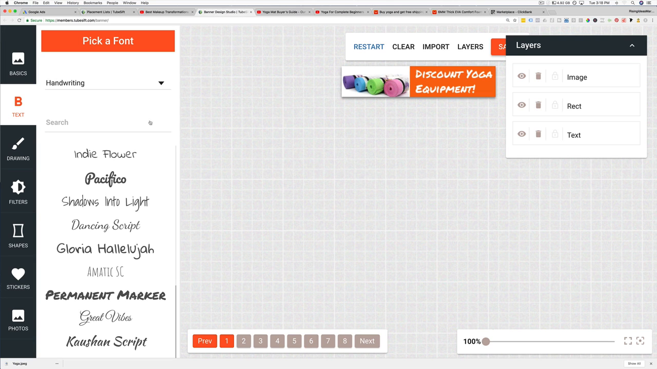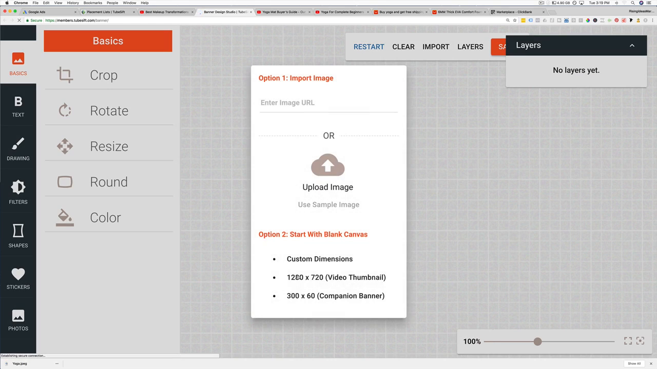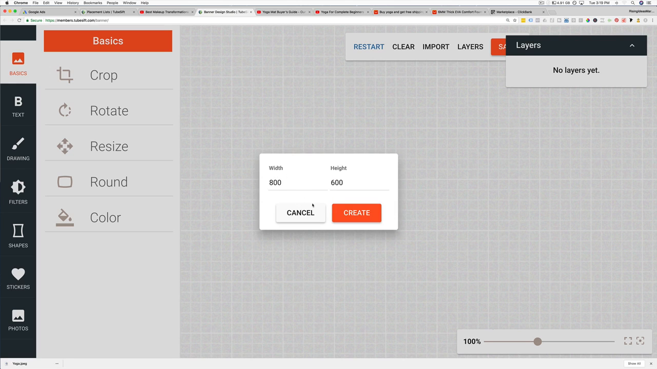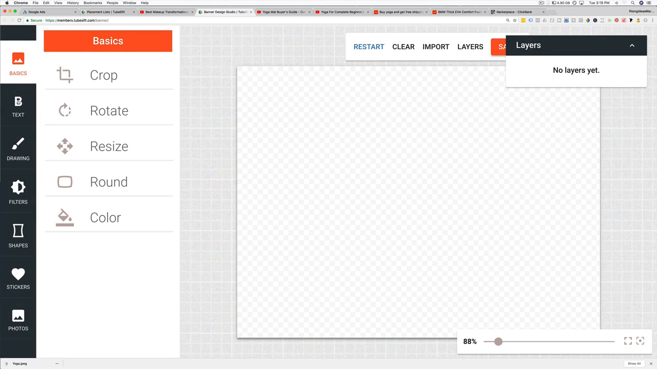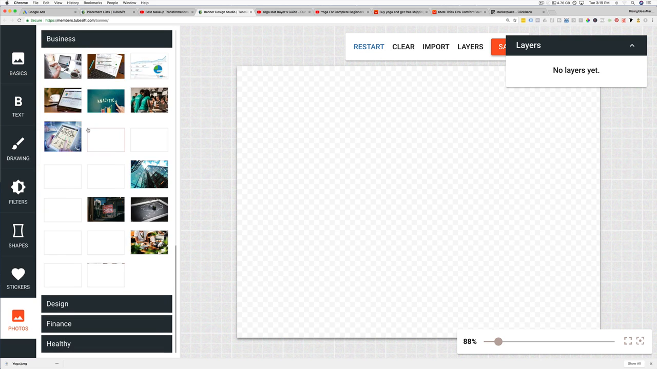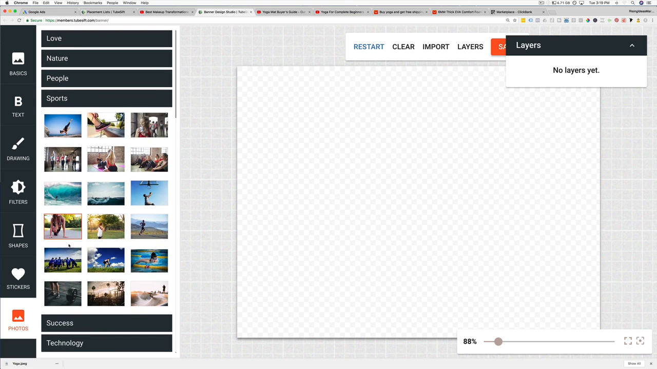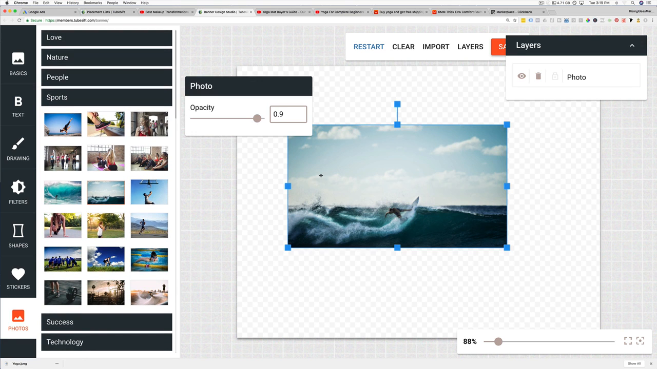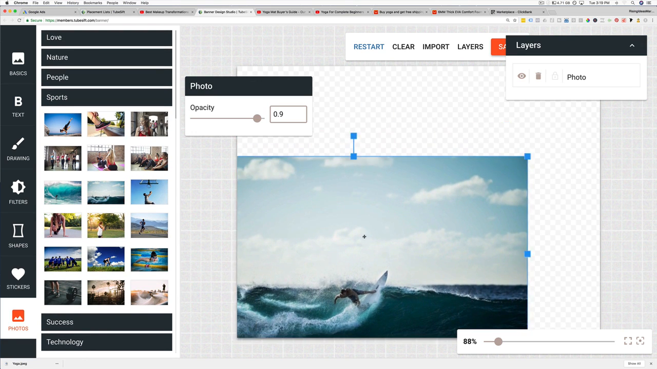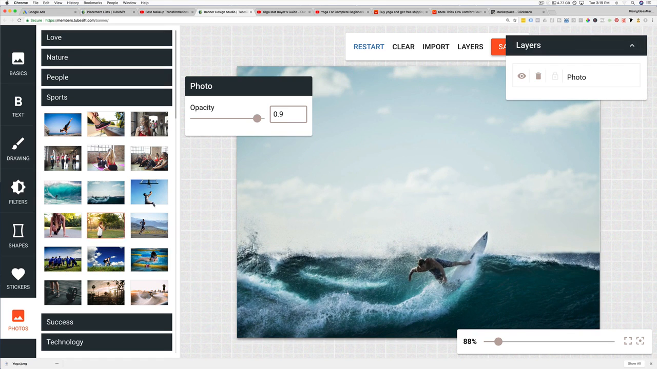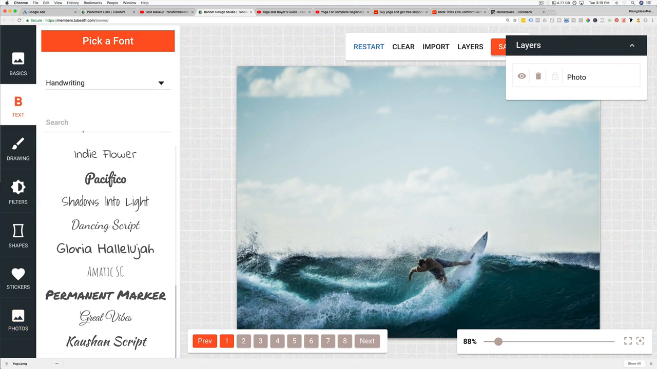We also have that banner design studio that I showed you right here. So we can create video thumbnails for the video discovery ads or companion banners for the in-stream ads, or you can make custom dimensions, whatever you want to do. And we have a ton of all kinds of stock photos in here in all these different niches, from business to finance to sports to success, you name it. We have all these royalty-free stock images you can use in here to create your custom thumbnails and your companion banners. This is essentially a drag and drop